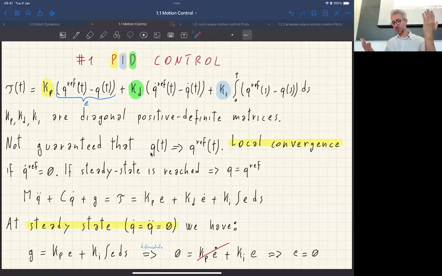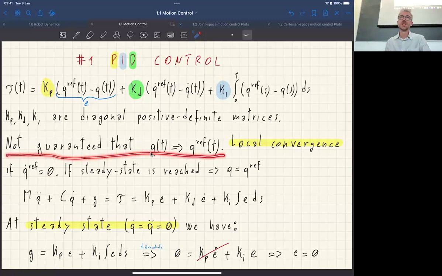This simplification is an advantage in terms of implementing this controller on a real robot, of course, because it makes your life easier. But it comes with the price that you don't have any guarantee that this is going to work. So theoretically speaking, there is no guarantee that you're going to be able to really track the desired trajectory with any level of accuracy,